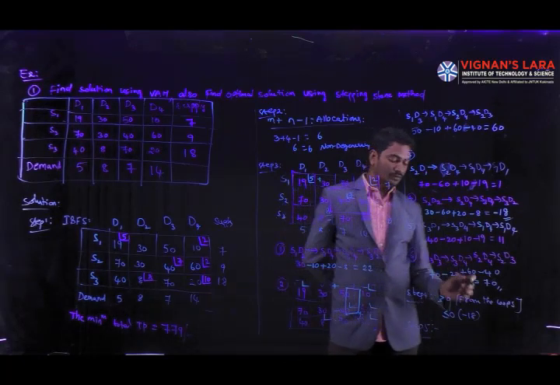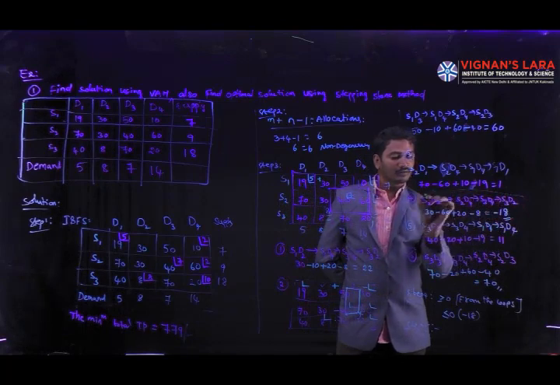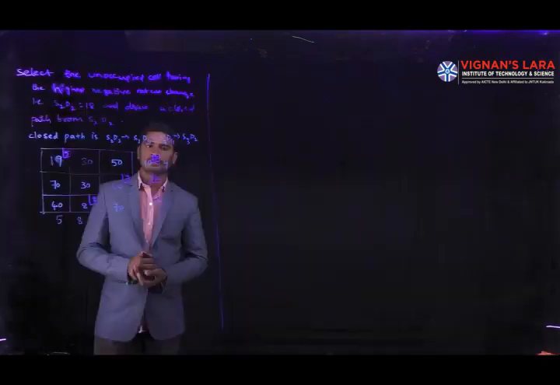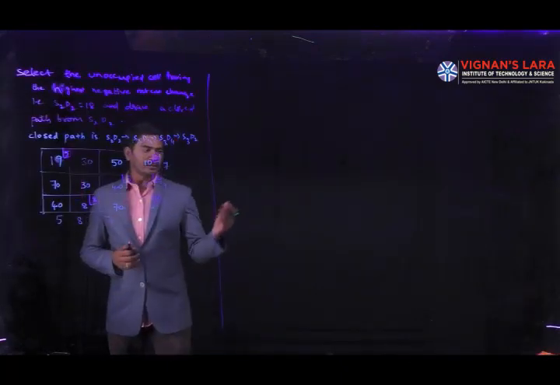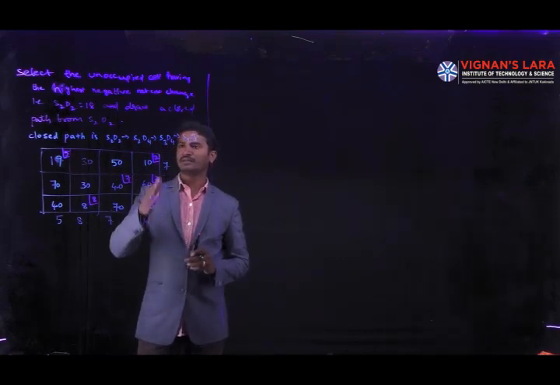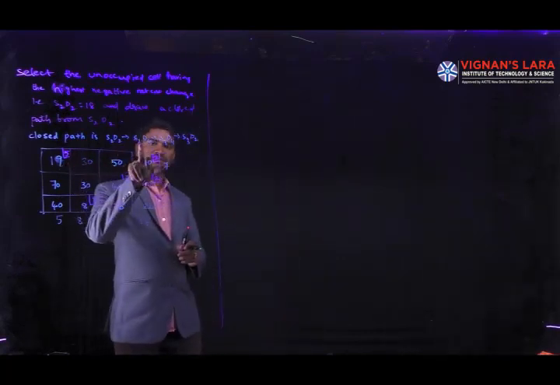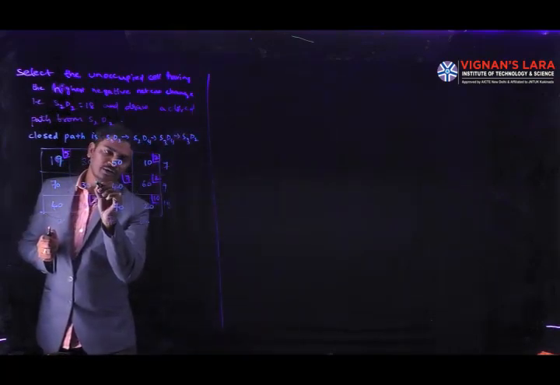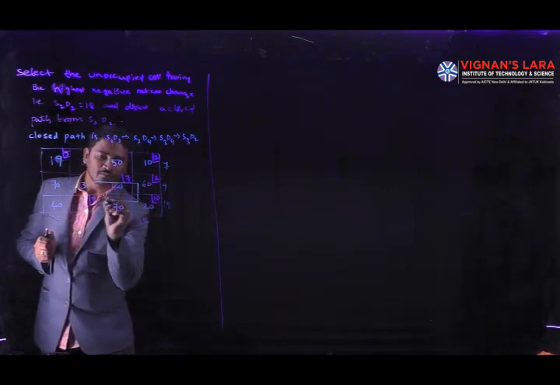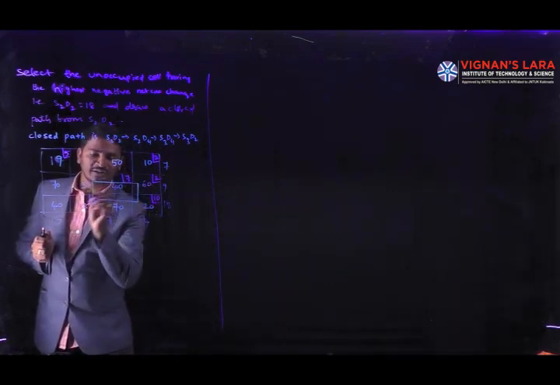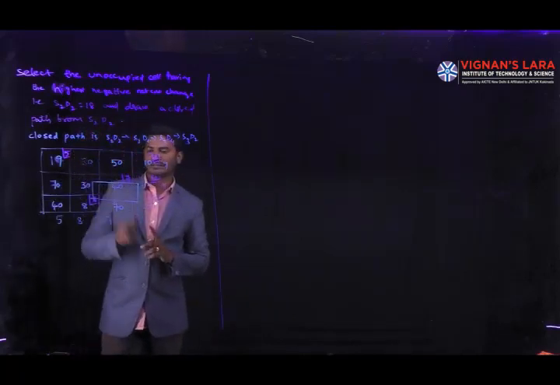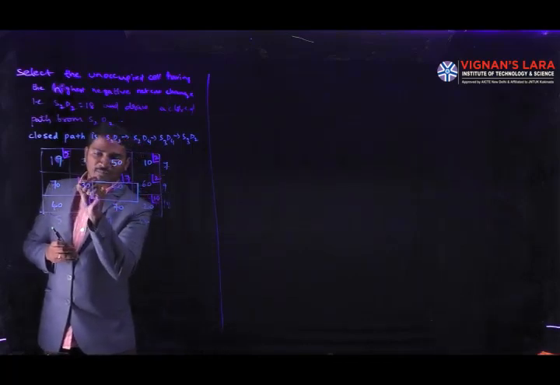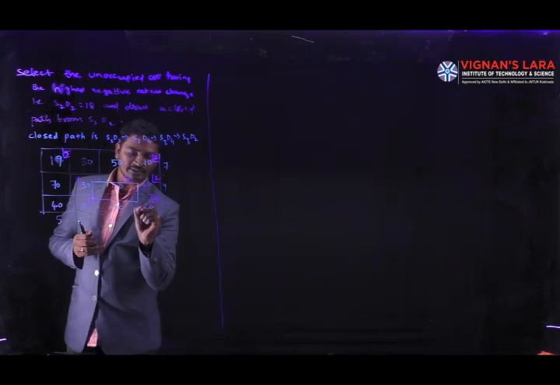In step 5 we are going to take this order. We take these cells, this loop, and transfer the values. After finding the loop values, we are getting the negative value at the closed path S2D2, S2D4, S3D4, S3D2. In this loop we are getting the negative value, minus 18, so it doesn't reach optimality. Again we are going to resolve it to get the optimal solution. Here we take the positive sign and here the negative sign: positive, negative.